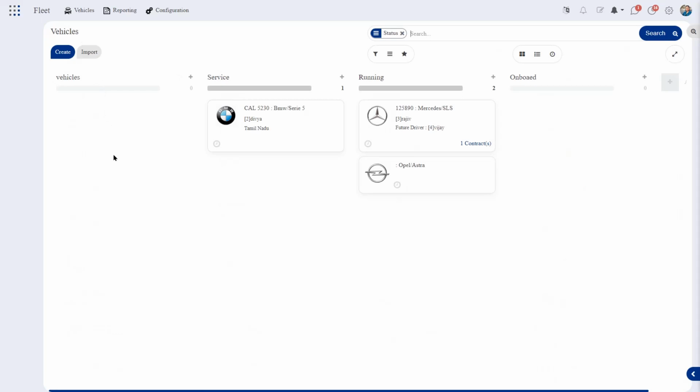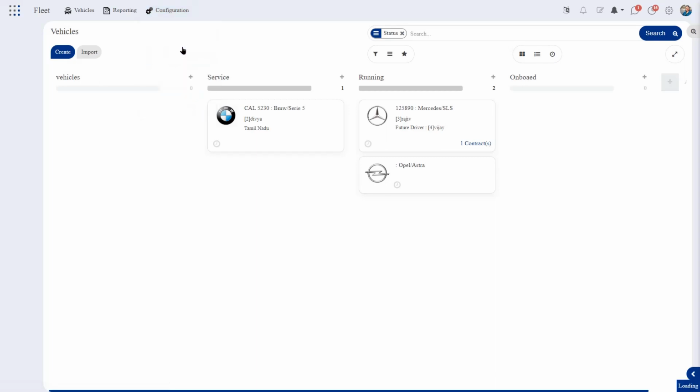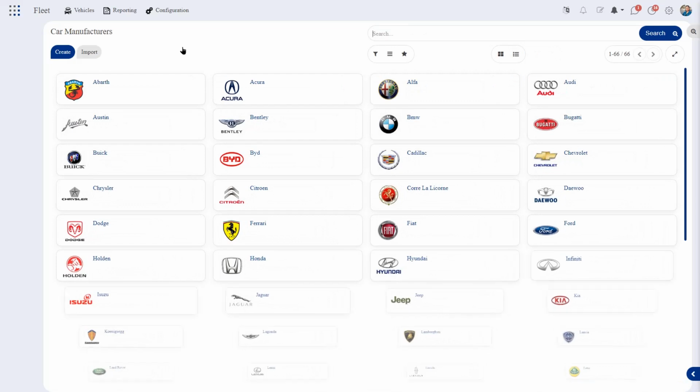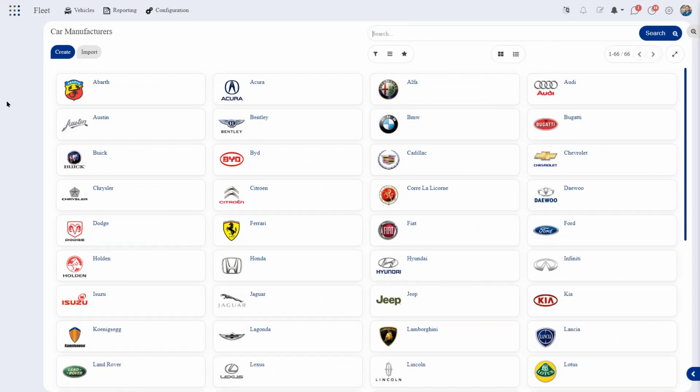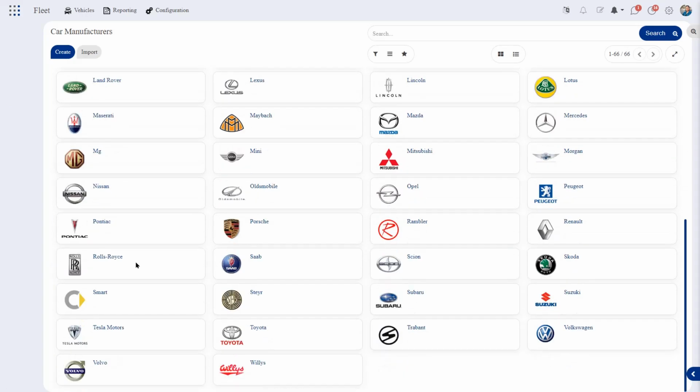Okay, before creating a new vehicle, let me show you the configuration part. Here we can configure car manufacturers, service type, contract type, vehicle status, vehicle tags, all can be configured. So this is car manufacturers where we can create a new one also. This is already existing cars